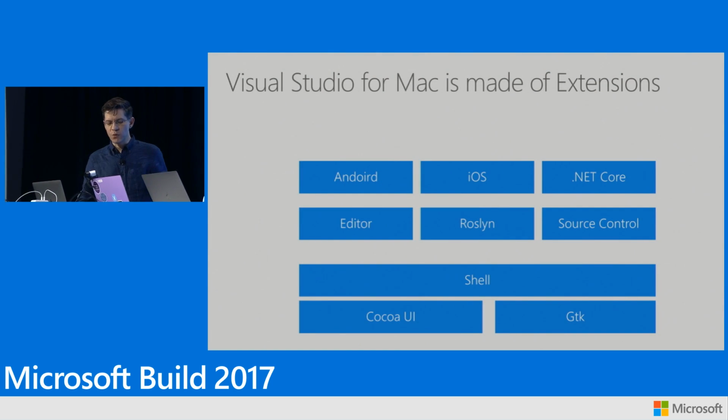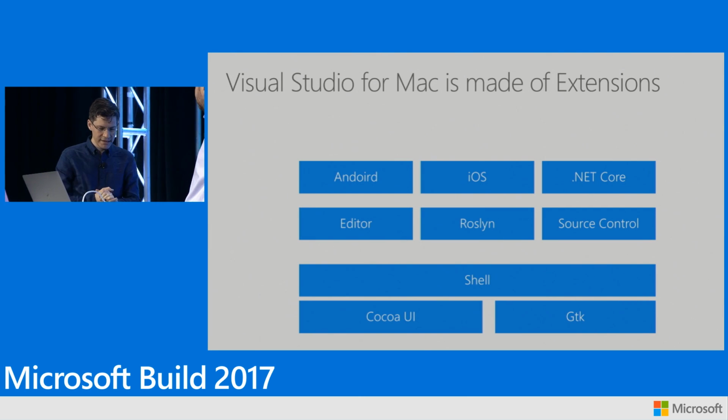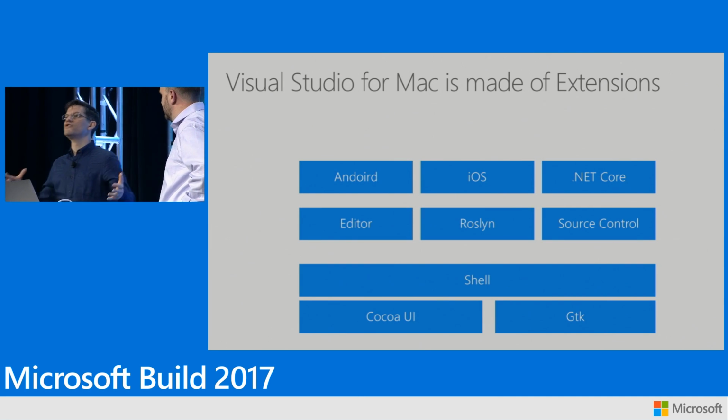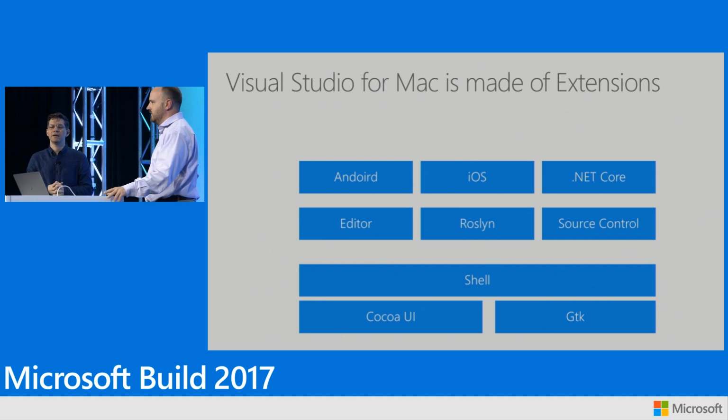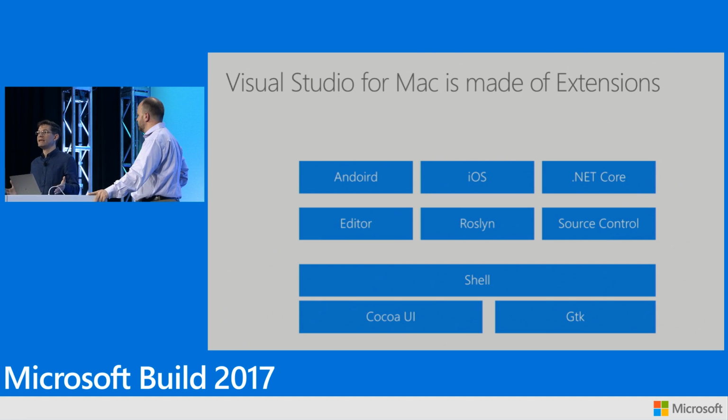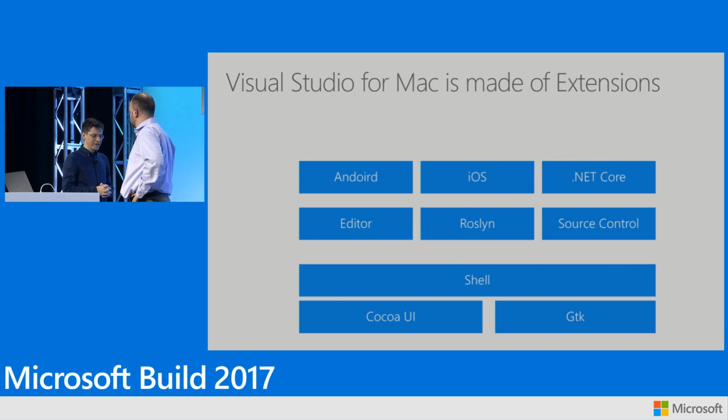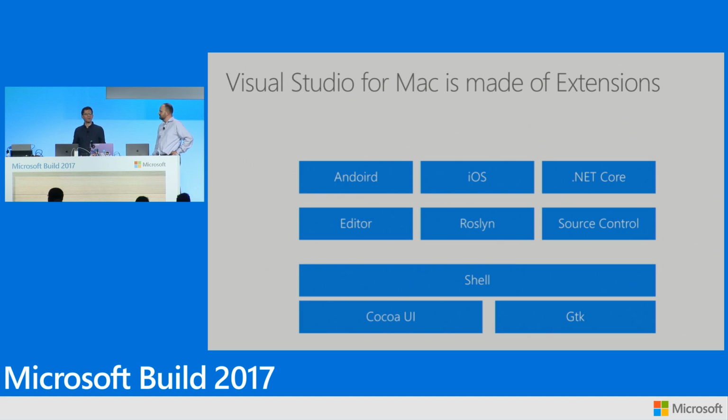As we started to work on this, the heritage of Visual Studio for Mac goes back to an open source project that was a full IDE that we used to power Xamarin Studio, right? But we've continued to evolve it. In the past year at Microsoft, we've evolved this product, and we've integrated a lot of code that comes from Visual Studio. That is a common question. Isn't this just a rebranding? A, it is a rebranding, but B, we started to transfer a lot of the DNA from Visual Studio into Visual Studio for Mac. One of the things that to me was most impressive was that we're looking at ways of sharing code, and